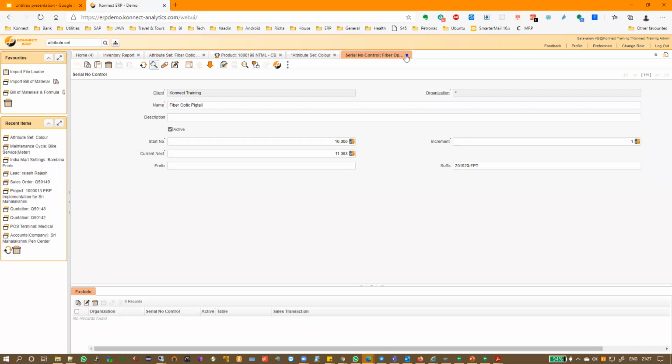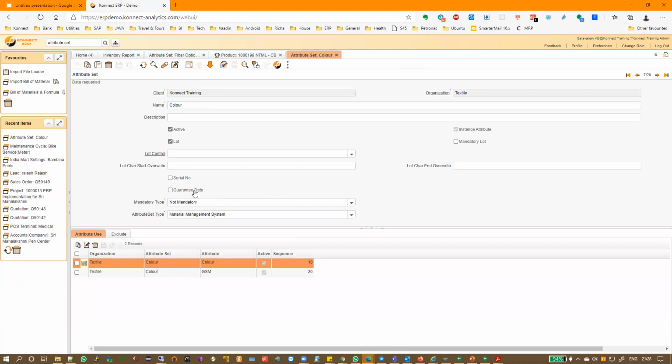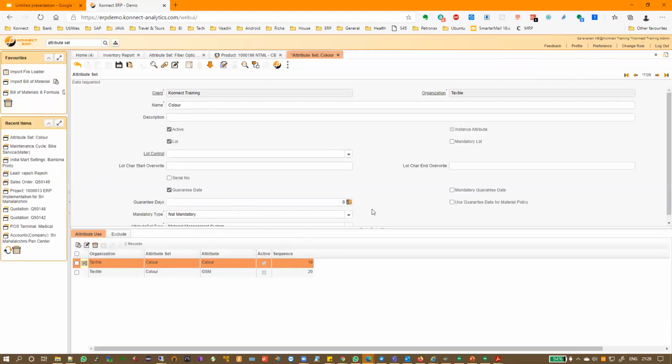But additionally, what is more important is you can also specify something called a guarantee date. Guarantee date, I told you, is whether you want to put it as an expiry date or a warranty date. Basically, when this good comes in, till which date can it be used.